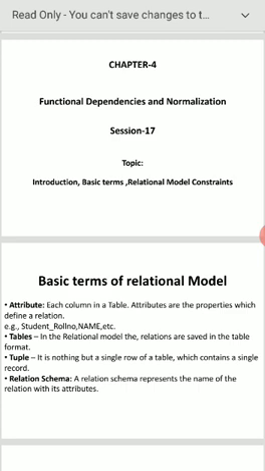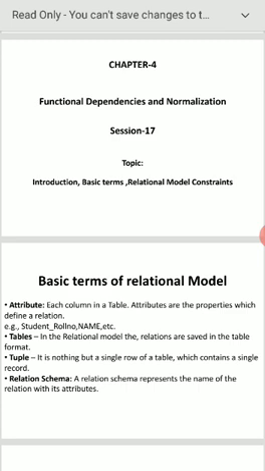Suppose we take a student table. There is a register number, next name, next class, and remarks. Assume this is my table. A table is nothing but a set of rows and a set of columns.